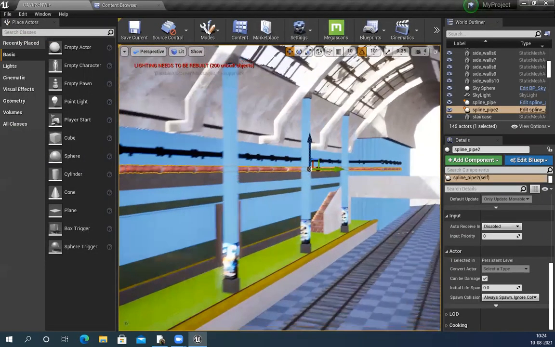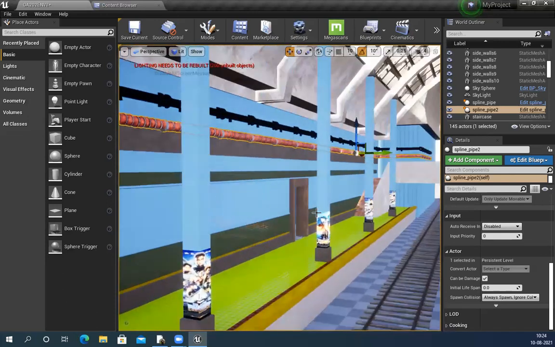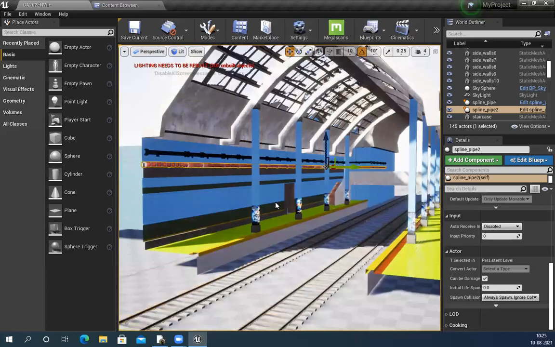Okay, now I have created all these things. I need to modify this one slightly, and I feel like this blue looks too much. That is something we can modify. But now I have the side walls and all these things, and this looks very neat and clean. So this is something I need to fix.